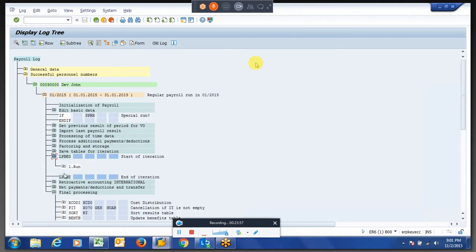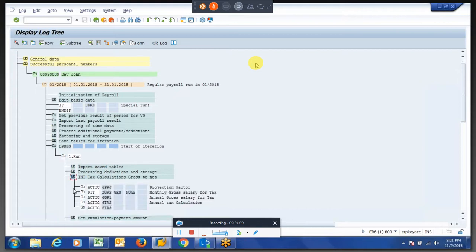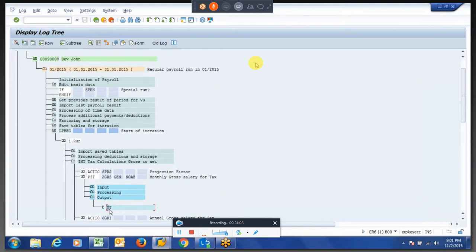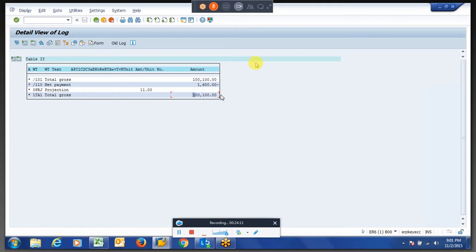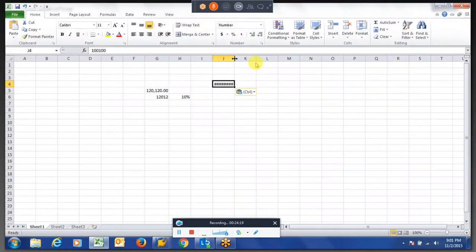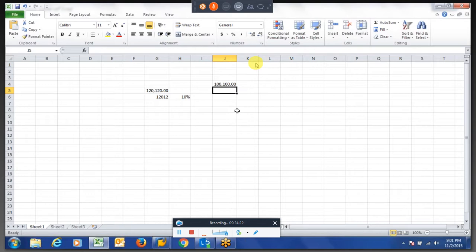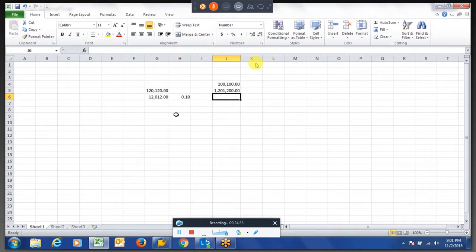So this is the schema. We got the projection, and we got the gross salary to monthly. I think we have given some different slabs. So this will be multiplied by 12 months, so we are getting this much annual tax. Based on that, we are calculating some percentage. We will see what our PCRs are doing.